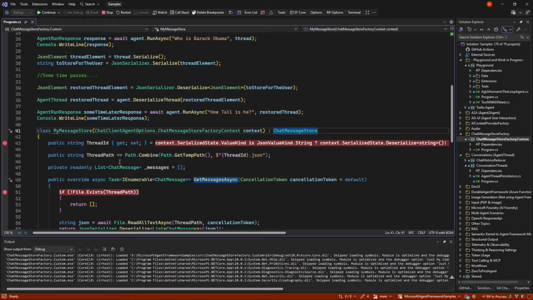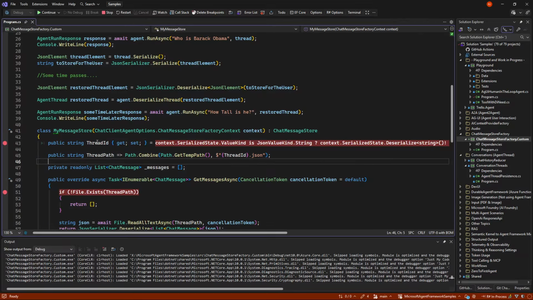And what it does is it has a thread ID and a path. And in my case, I'm just saving it down to the temp folder. But in real life, you'll probably save it to a SQL database or a blob storage or something like that. But we keep it local, so it's easy to run here.